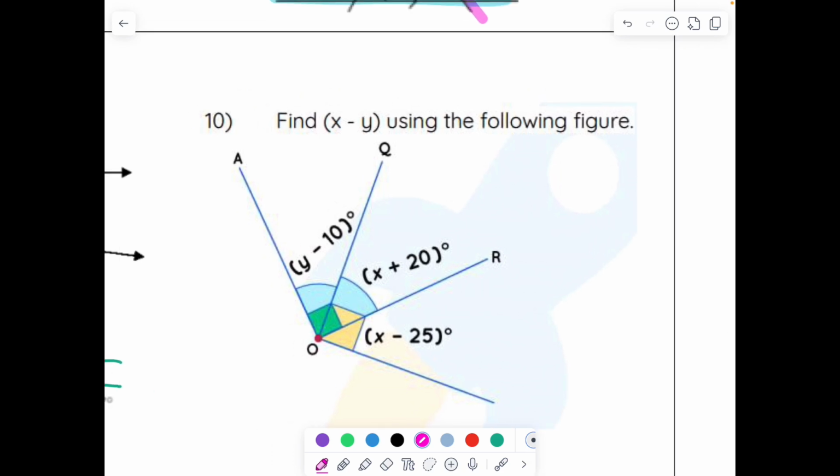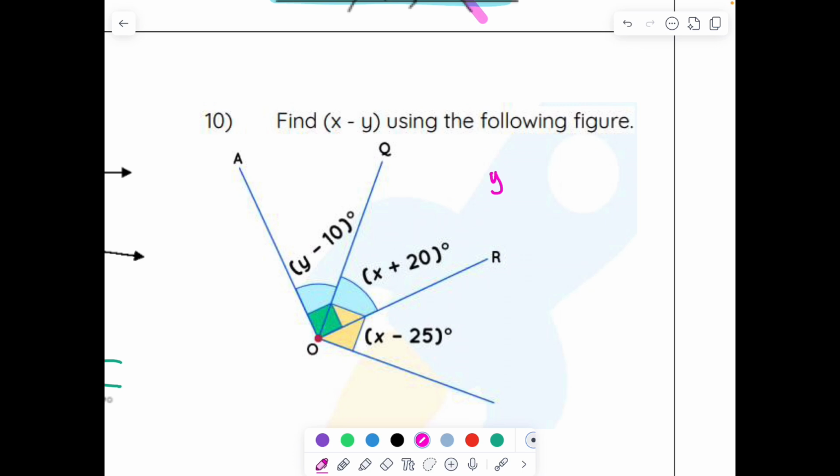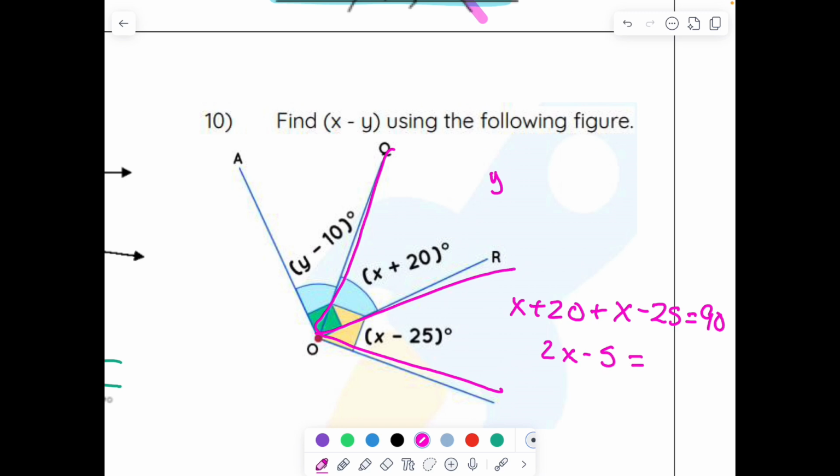Okay, we're going to find x and y here using the following figures. It looks like these two make a 90-degree angle, so actually I don't want to start there because then I'll have a y and an x. I would like to use these two that make a 90-degree angle. So x plus 20 plus x minus 25 equals 90. So 2x minus 5 equals 90. So that x equals